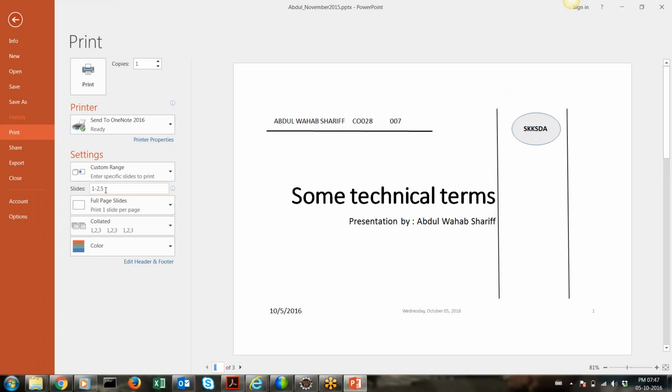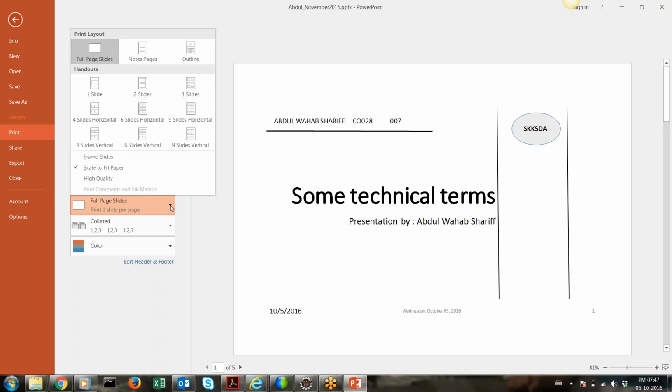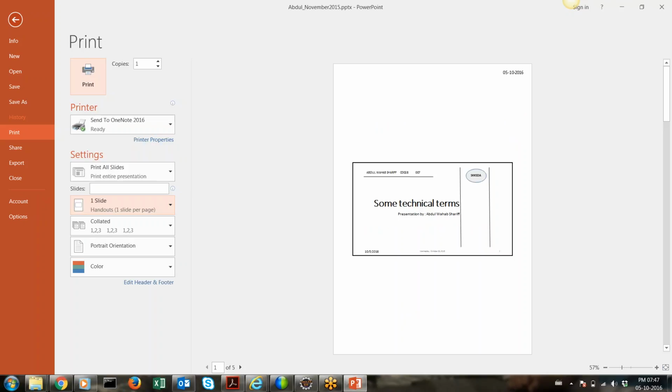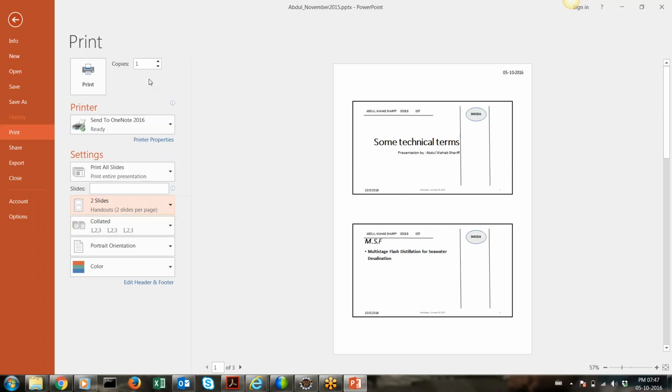But for now we want to print all the slides, so just delete this field. This is one of the options he might ask in the exam. Now, the second step: he says we have to print 3 slides in a page as audience notes. So click on this option that says Full Page Slides, and you will see a lot of options. You can have one slide in the middle like this, or you can have 2 slides in one page,